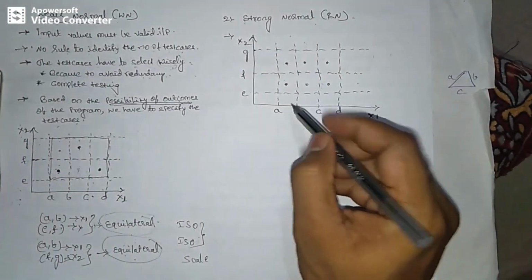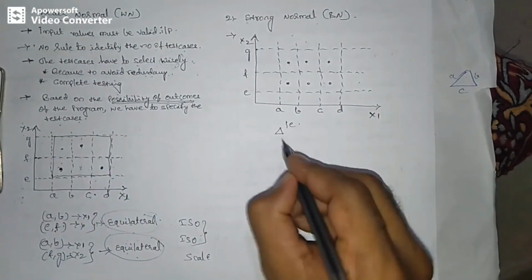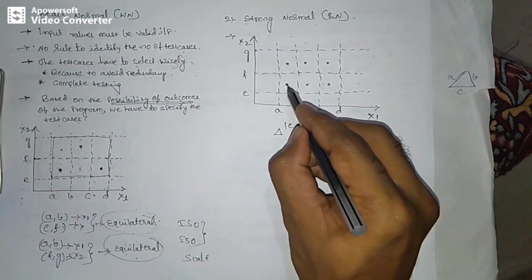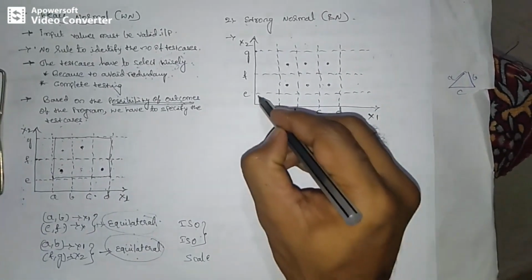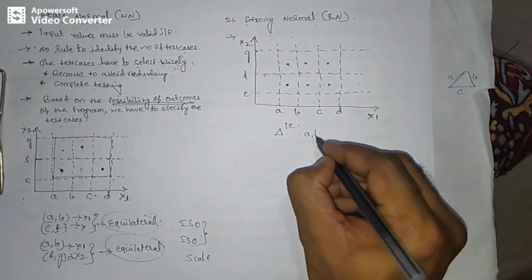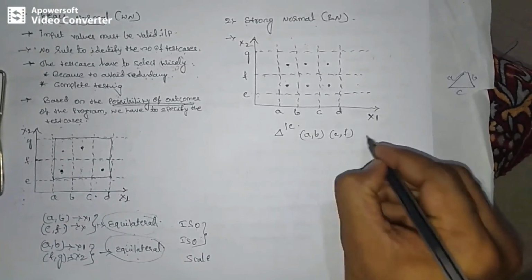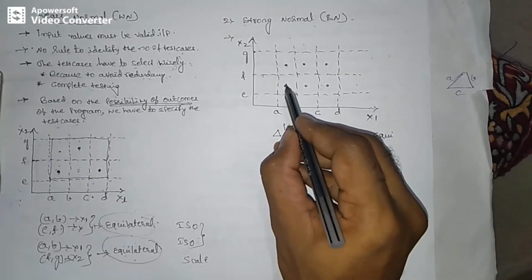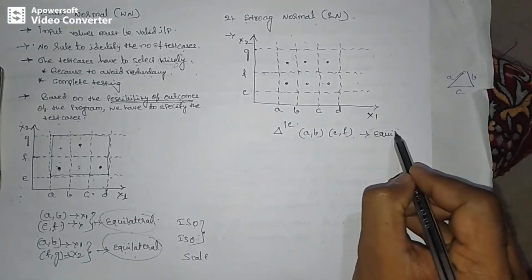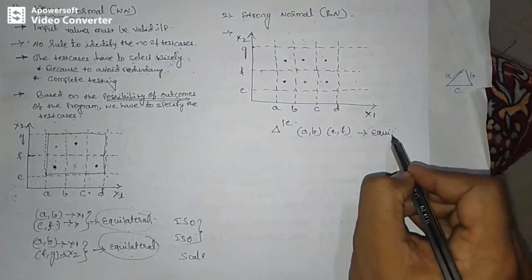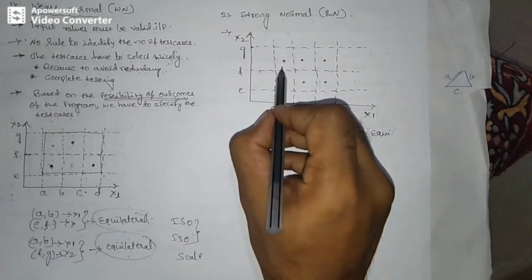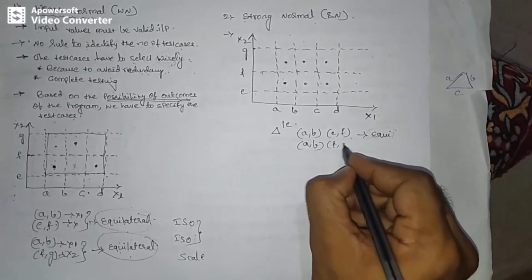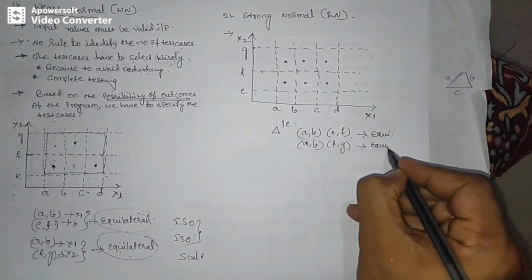I will explain with respect to one example, the triangle problem example, which I have explained over here, the same problem. Now if I select a partition, that is A to B and E to F, I get the output result as an equilateral triangle. This is the test case which I have written one time. The expected output result and the actual output result I got is equilateral triangle. Next, one more test case, if I select the partition A to B and F to G, once again I am getting an equilateral triangle.